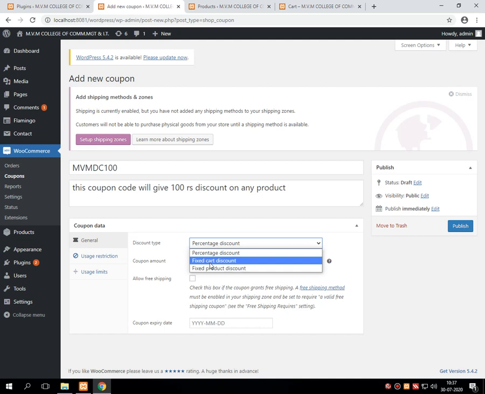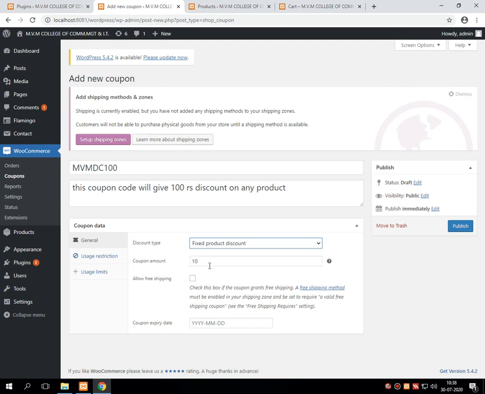Suppose I want to put a fixed product discount, then we have to go for this third option. What is the difference between these two? The difference is that this particular option is applicable to all the products, and this particular option is applicable to any specific product.